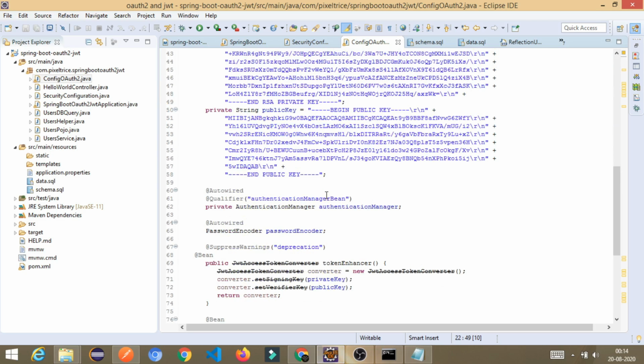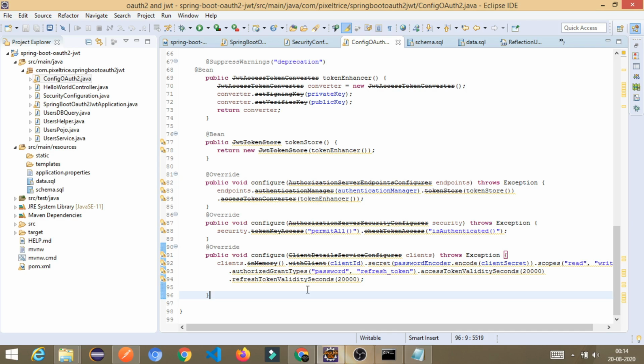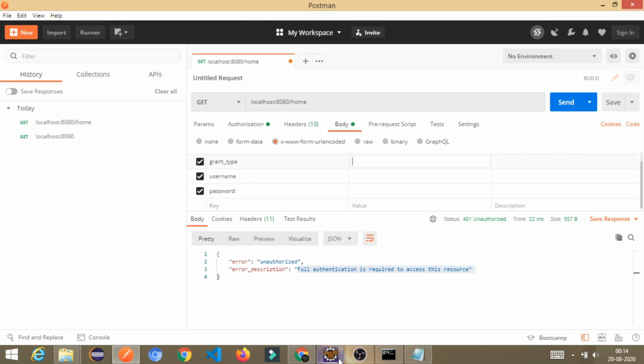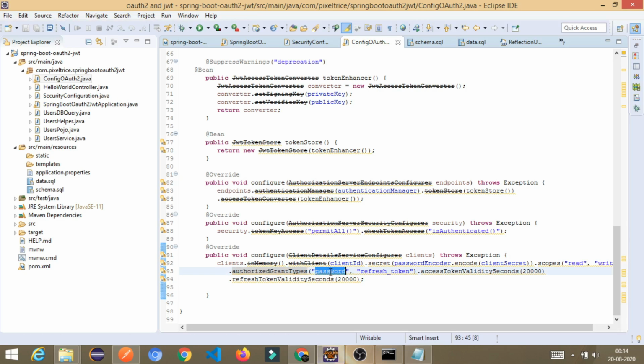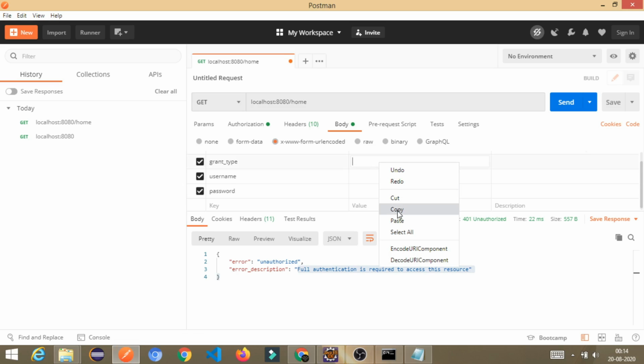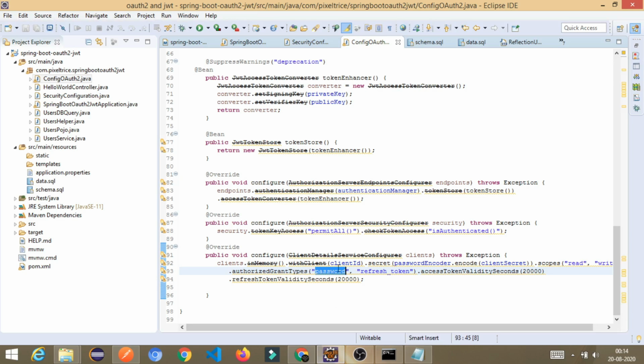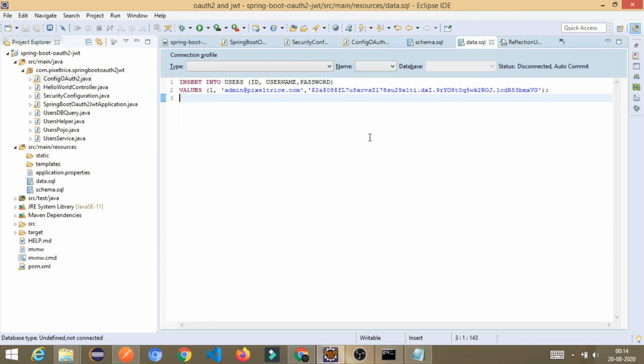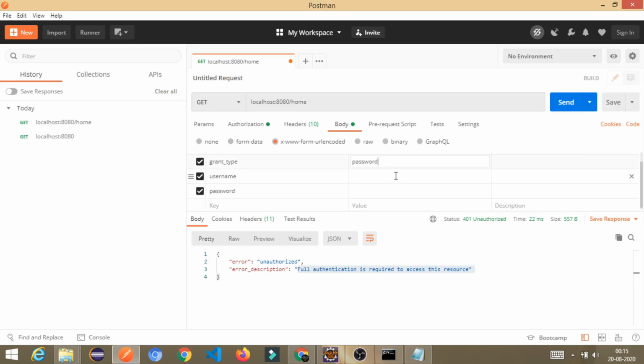Just go into this config class. You only set this thing. See here, grant type. You have set it to password. This should be password, because you have set the password grant type. Now username. This username and password is for the users who want to access the resource server. So in the database we already saved that username and password. This is the username and the password. Okay, this one is different. So this is the username, and see, I will paste it here.